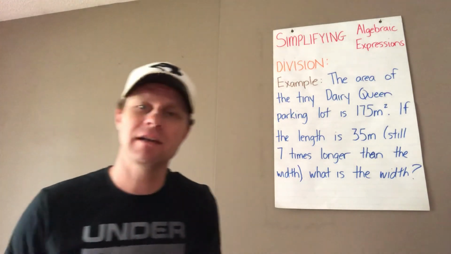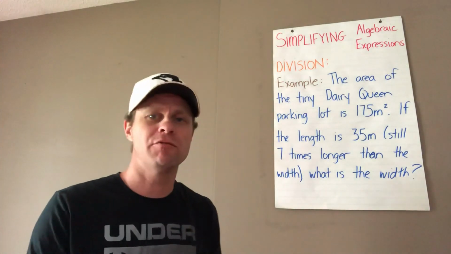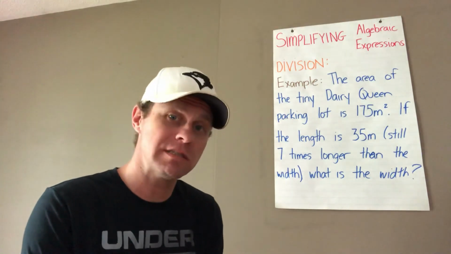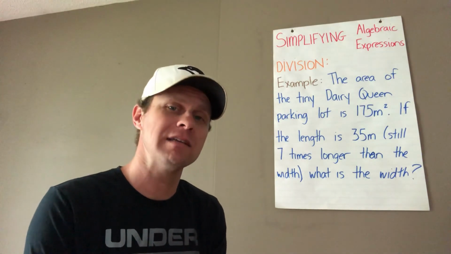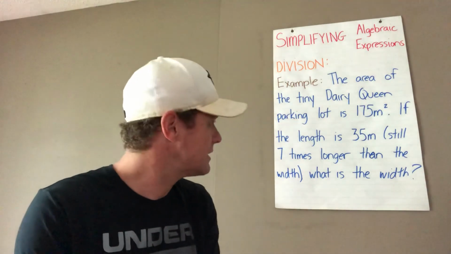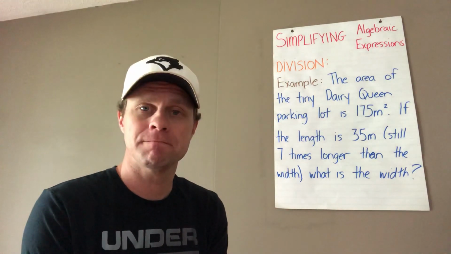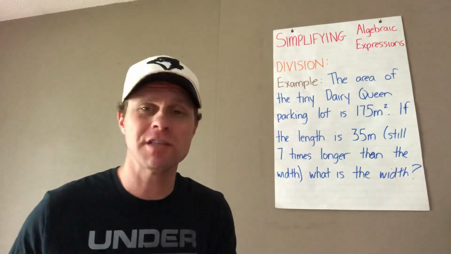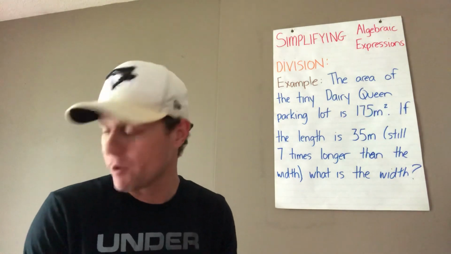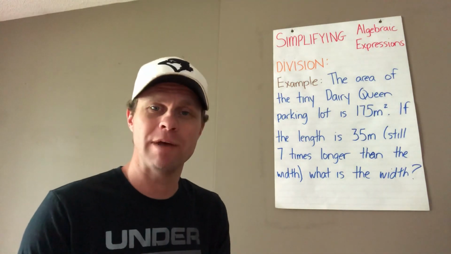is dividing an algebraic expression. Remember the rules? We divide the coefficients and then we subtract the exponent if the base variable is the same. And in this question that we just did, our base variable was W for both. So we were able to subtract those